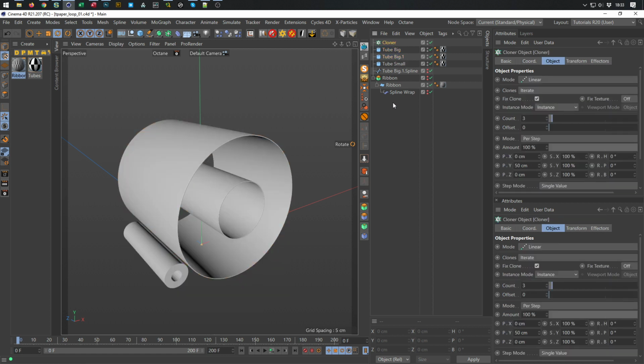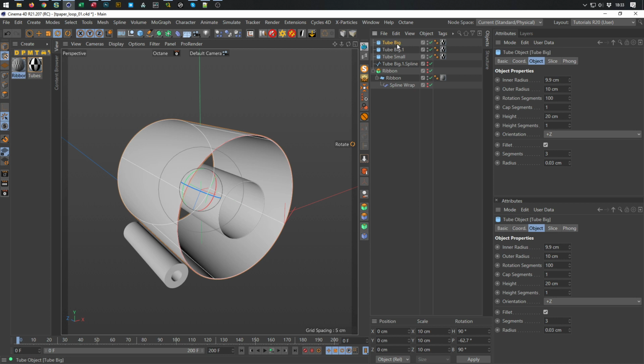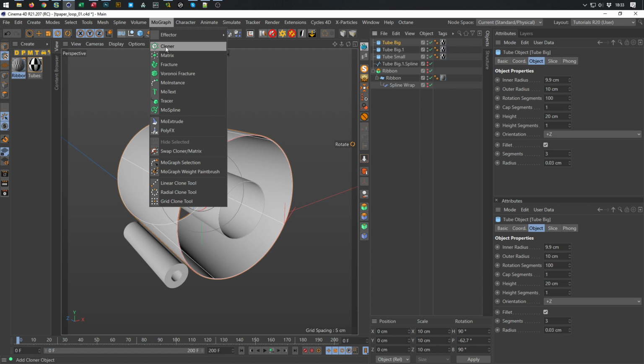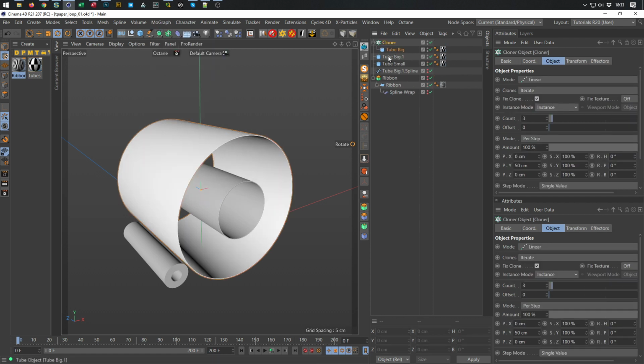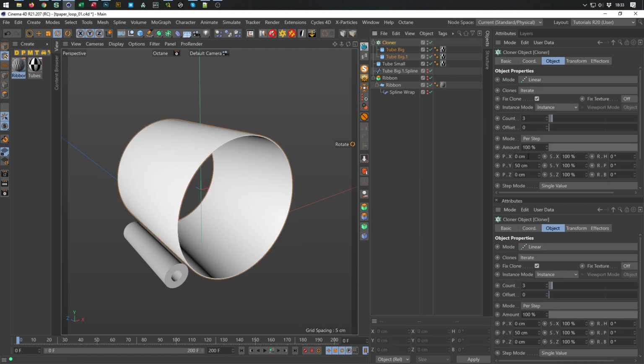We delete the cloner, and now I make the cloner again, but I select the tube first, then Alt click on the cloner, and now you see it stays on this position where I want it. Good, both of them into it, and we need linear, which is okay, but we don't want anything here, and we want to go to blend here. You see it does,